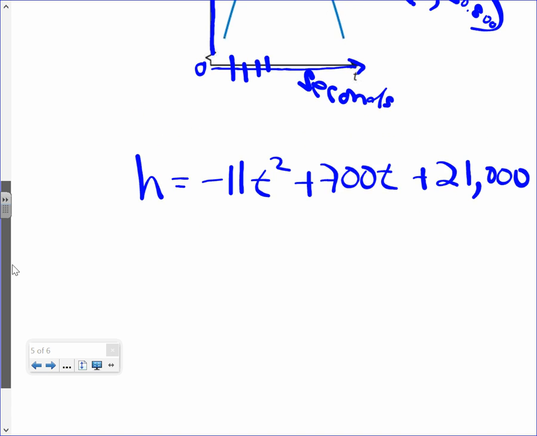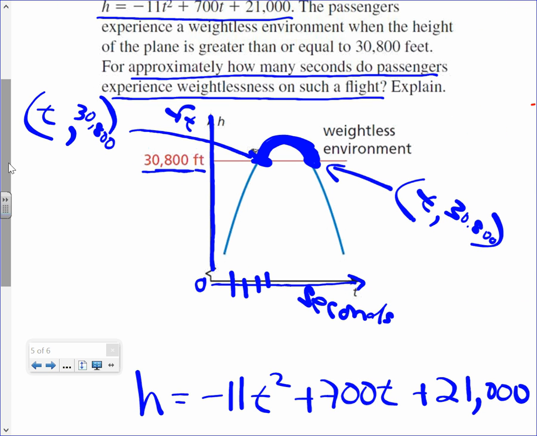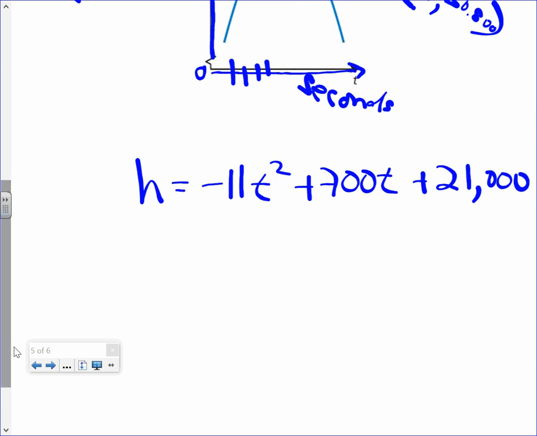Help, what should I do here? How do I figure out the time? How do I figure out this time right here at this point? Use the formula. Right. But before I do that, I got to replace something with something here. The h with the weight,